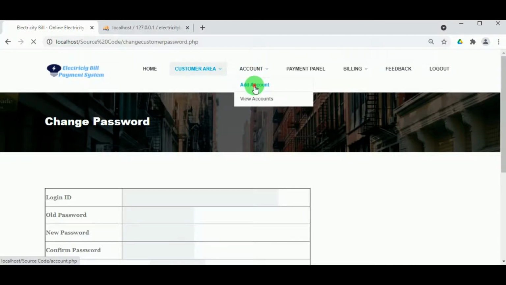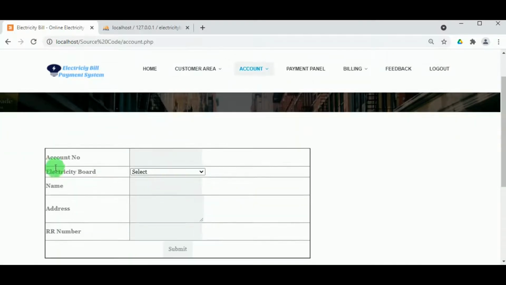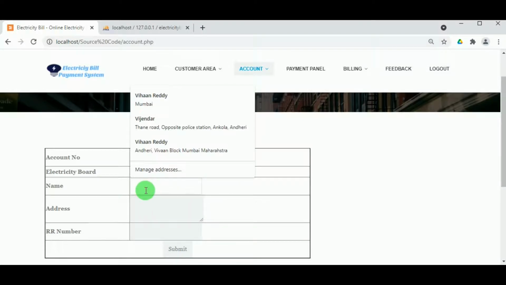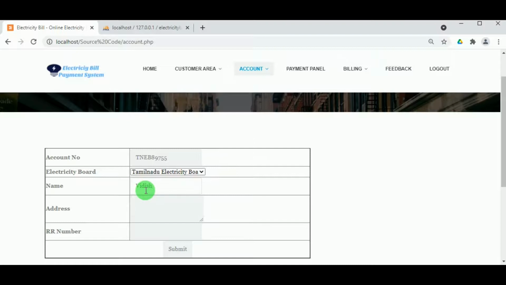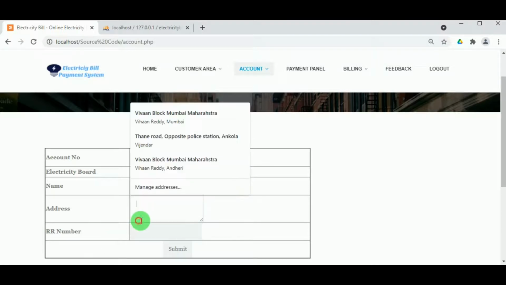In add account, the customer can add their account by entering their account number, that is the account number of the electricity bill. Then their electricity board must be selected, their name must be added, and their address must be entered.